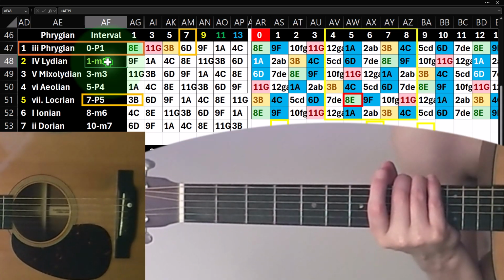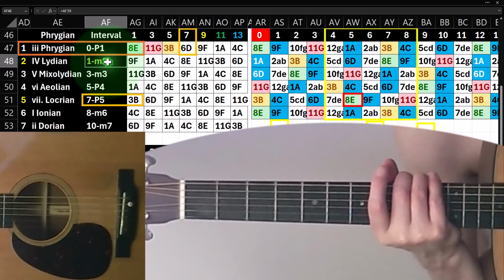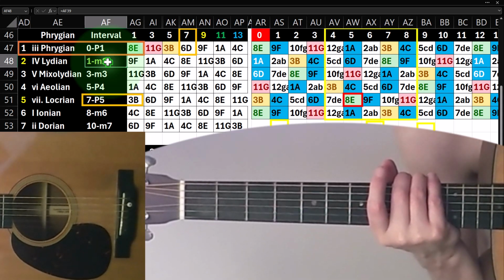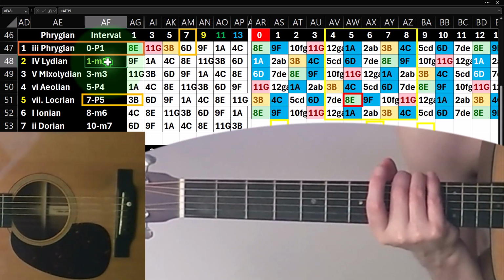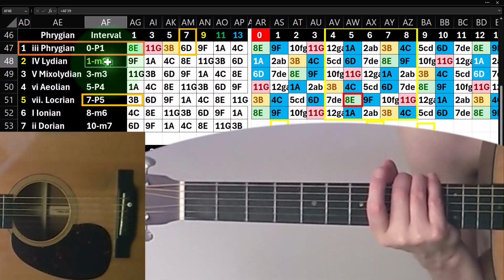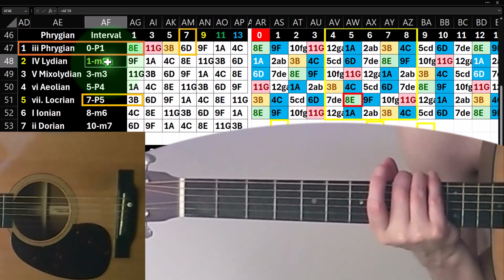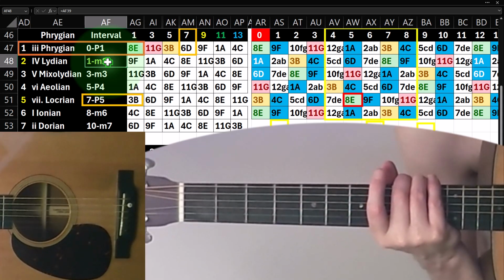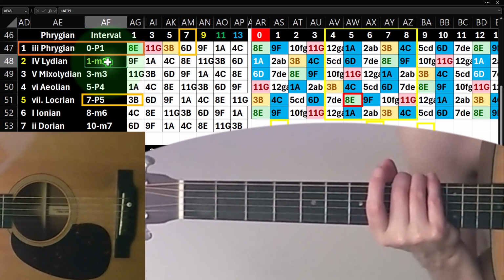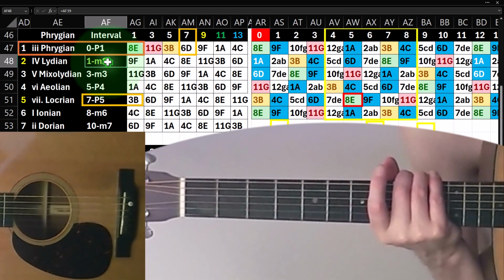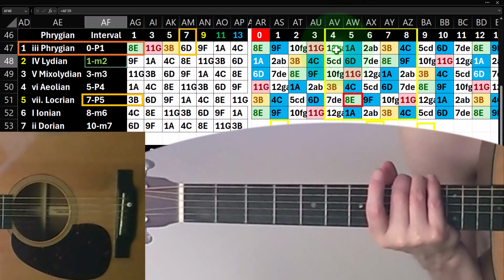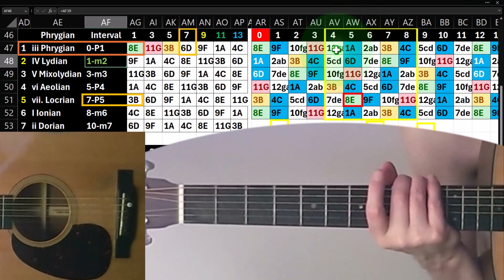The major does not, and the Aeolian also does not, which is weird. You would think the Aeolian, which is the main minor scale, would have a flattened second, but it doesn't. So the Phrygian is like the Aeolian, except it has a flat second. If you want to convert from the Phrygian, which you might know in this case from the E Phrygian to